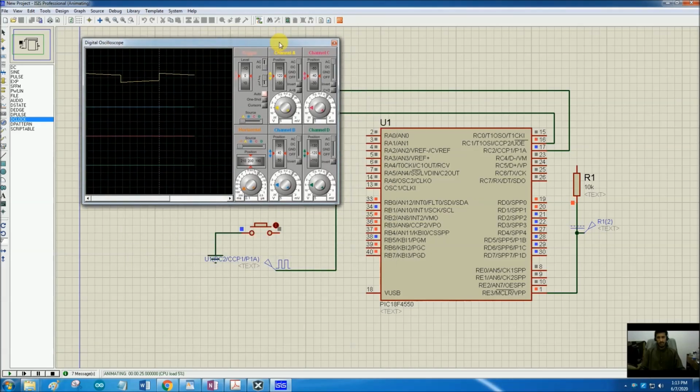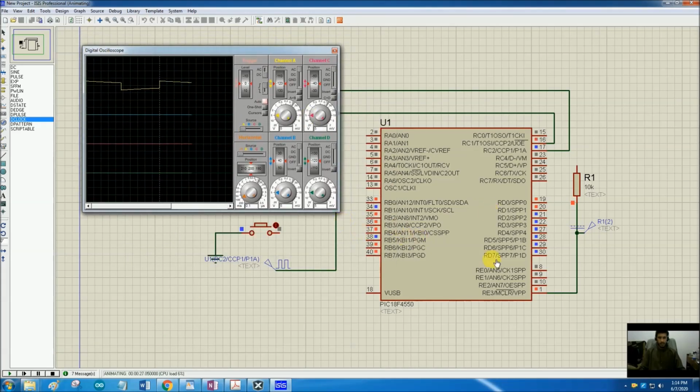Now what about the frequency we were trying to measure? Here this is the value that we are reading on port D and port B. The waveform is continuously being supplied as an input to RC2, and the number of counts by the timer 1 are being displayed on port D and port B. In this case, the port D is the MSB and port B is the LSB, most significant byte and least significant byte. So let's see what is this number.